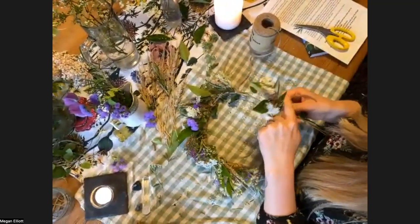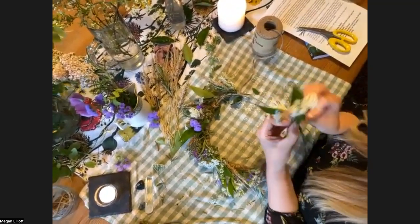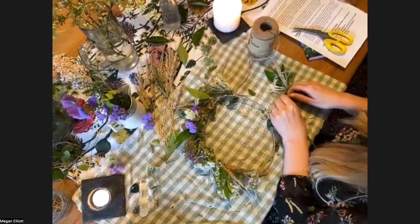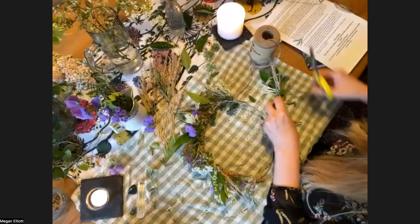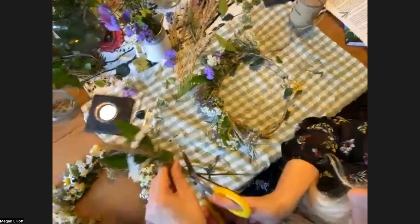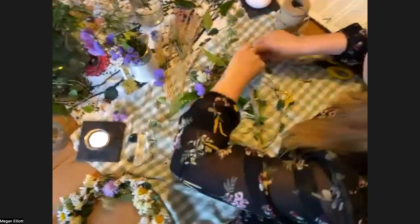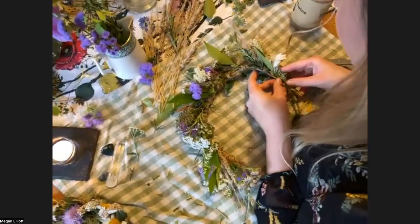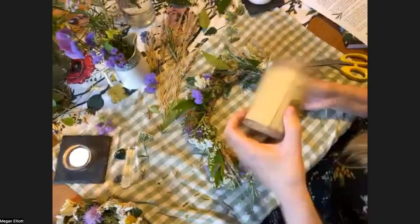Okay. Attach that. Trim off the excess. And cut there at a bit of an angle. Pull my last bundle tight. Just going to check and see if I'm happy with that. Yes, it looks good to me. And we